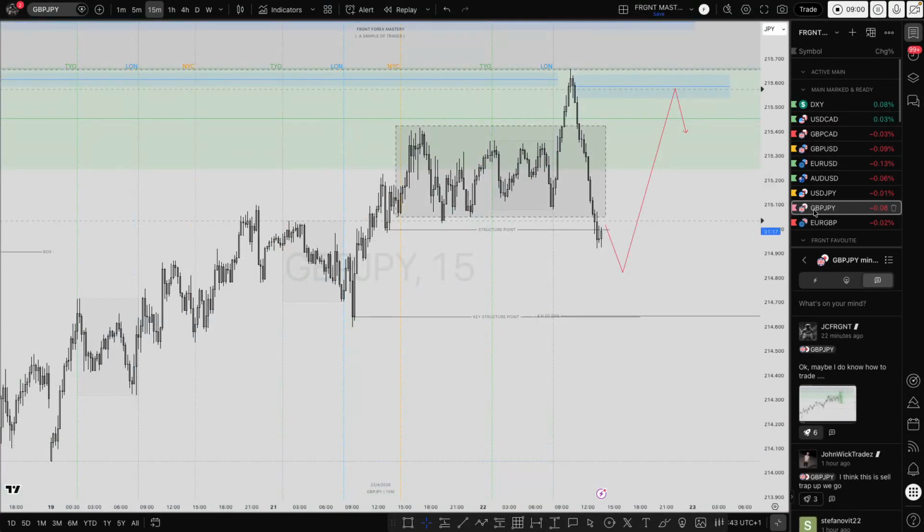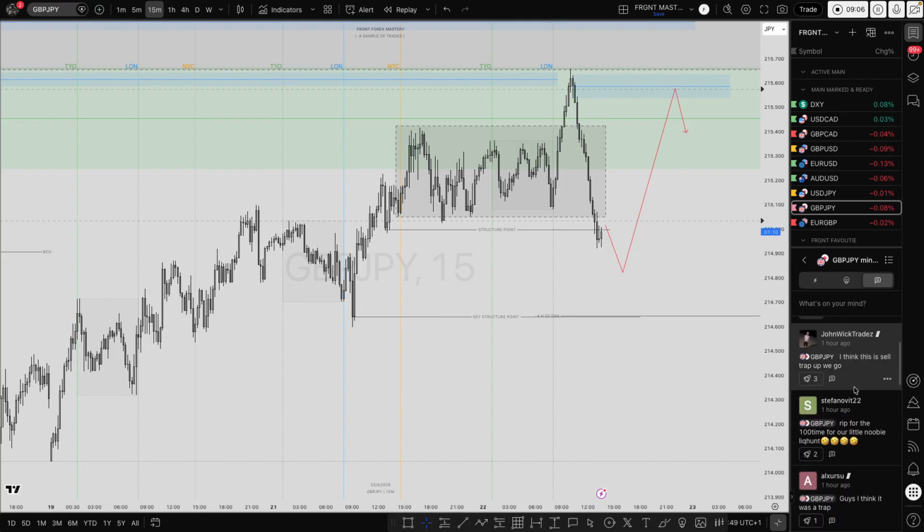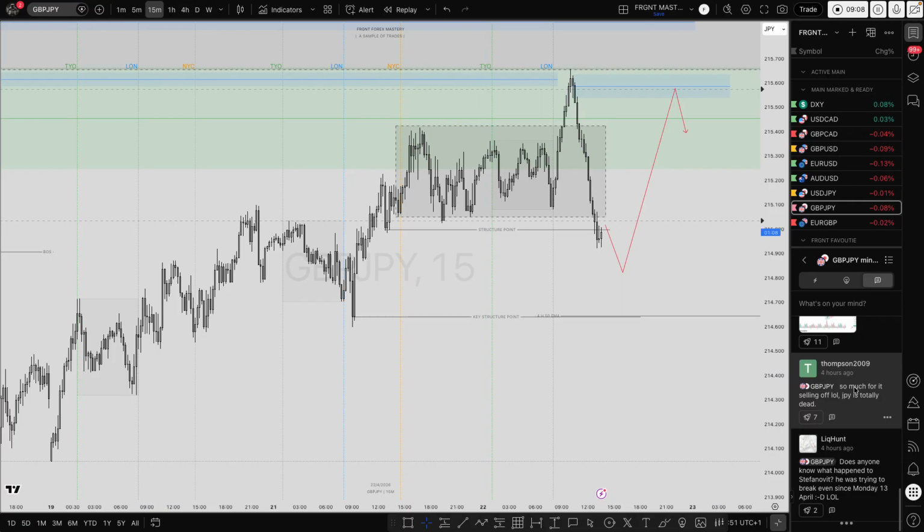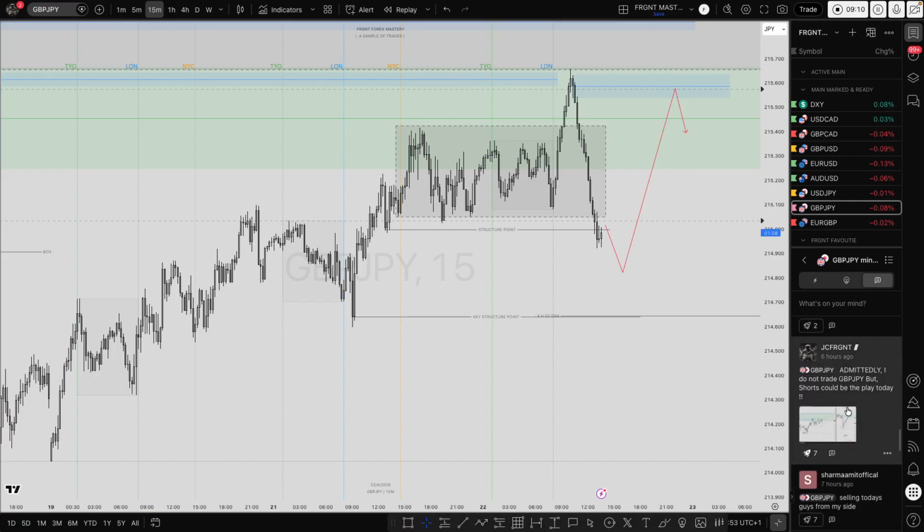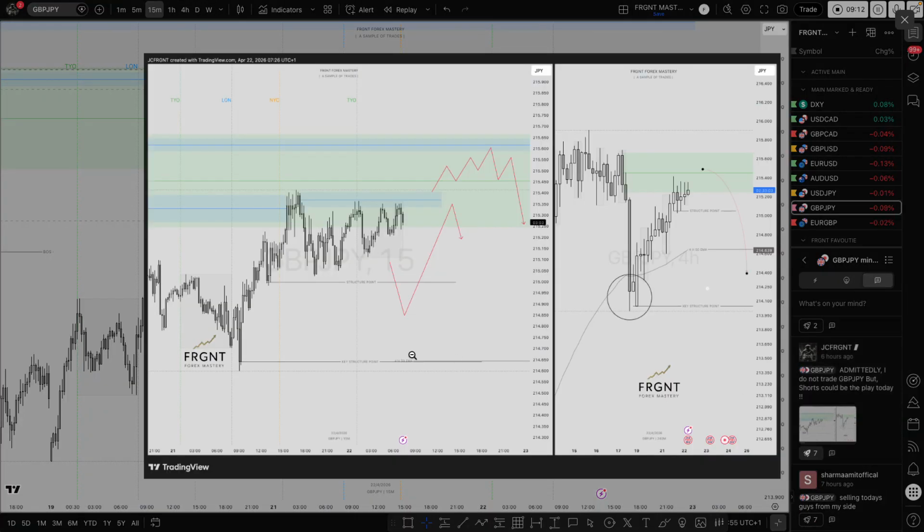So GJ, just to stroke my ego a little bit, you can see here 22 minutes ago, okay, maybe I do know how to trade. Why have I put such a comment? Well, 6 hours ago, I just marked it up again, just for pure analysis, just to see if potentially it would play out. Skimming GJ as a result of getting rid of EG, as I said. Perhaps it's time to replace it. What would I replace it with?